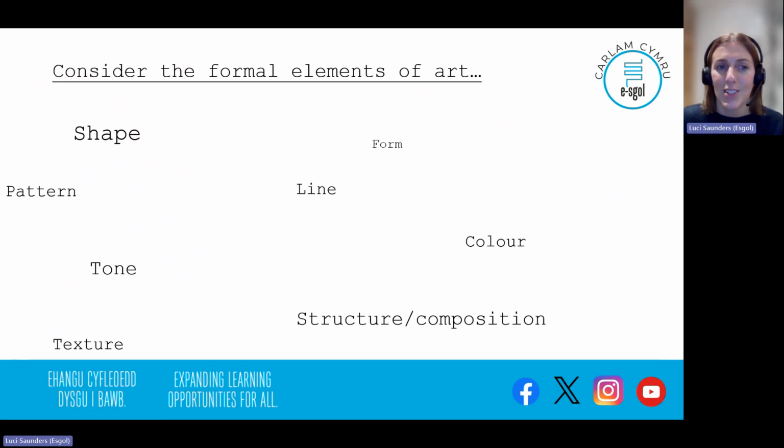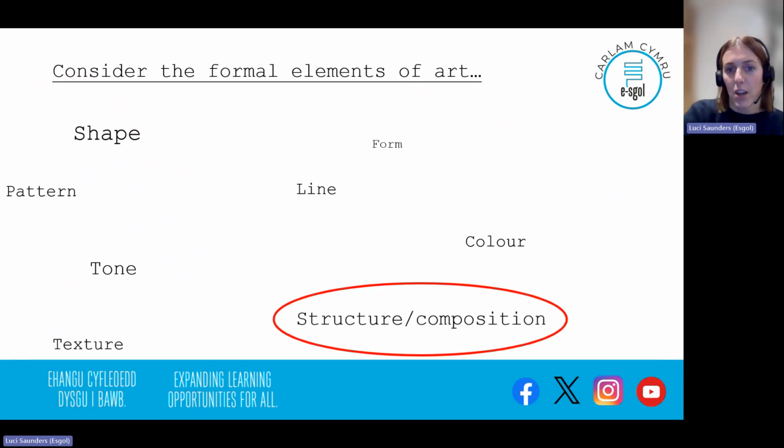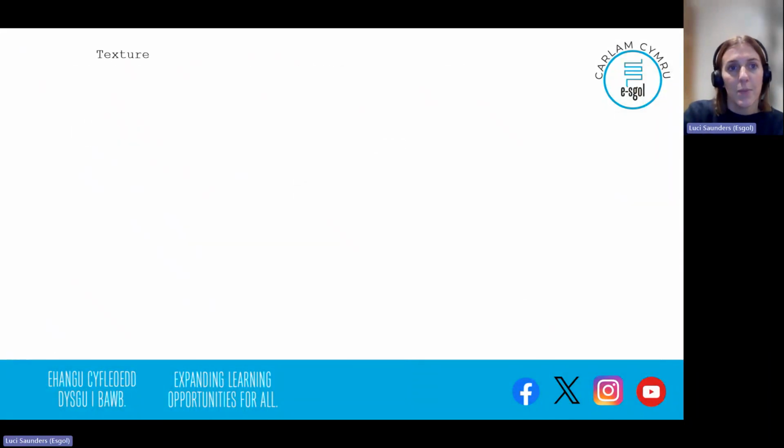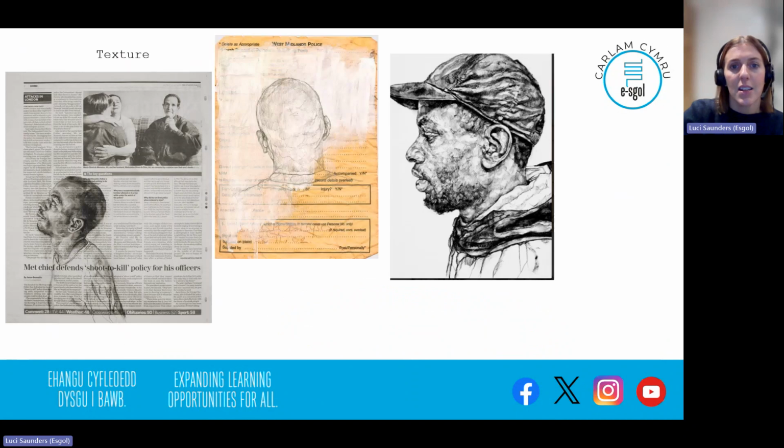Please don't think that means you need to change each of these things. One or two will make more sense than others depending on your project. Shape, for example, might mean nothing to your tonal drawings of tools. But maybe it would actually, now that I've said that. But it depends completely on what you're looking at. So if I was going to give you an example of how you might alter a composition, this is some